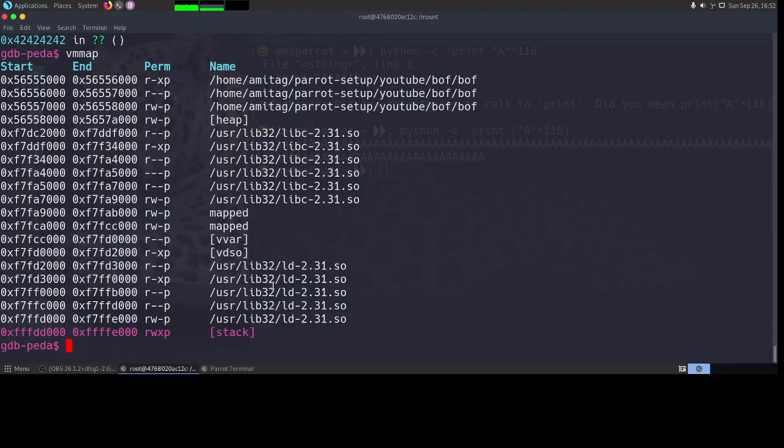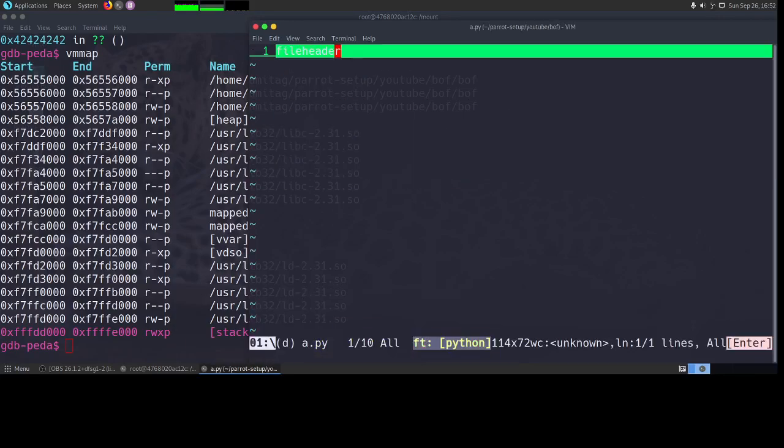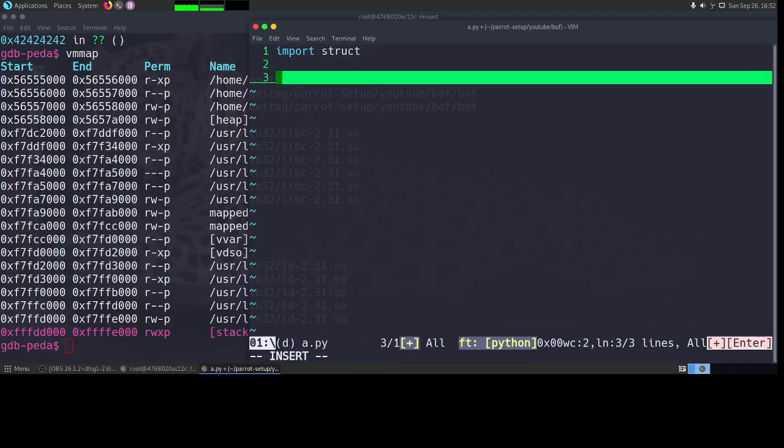Now since we have all this information, we should be able to devise our exploit. So what I'm going to do is, again I'll go to my folder. We will create a.py. What we want here is, I'll import struct. I'll show you in a while why, but basically we want this.